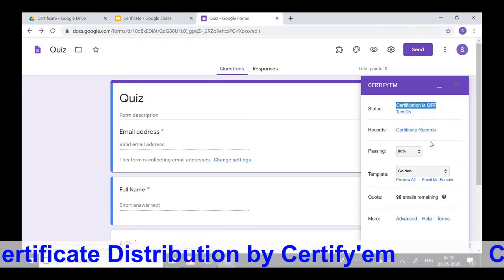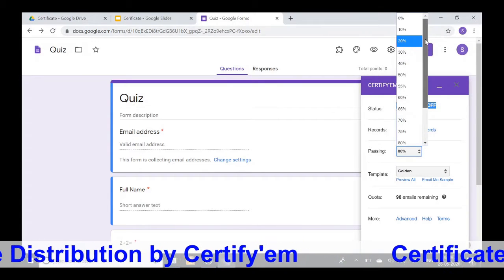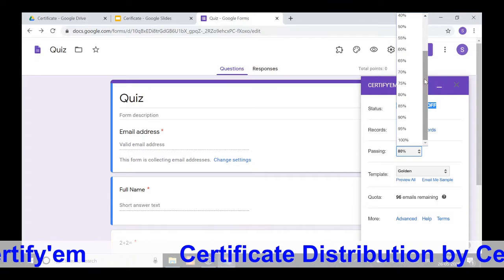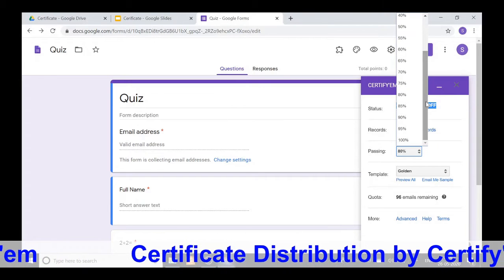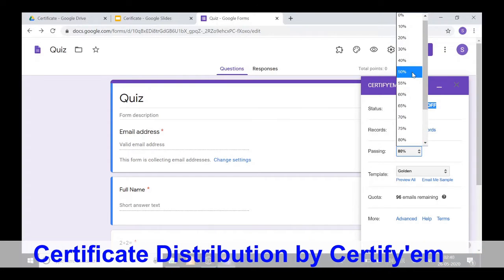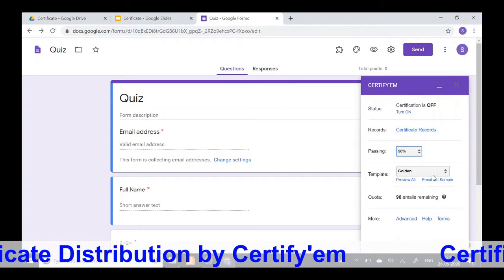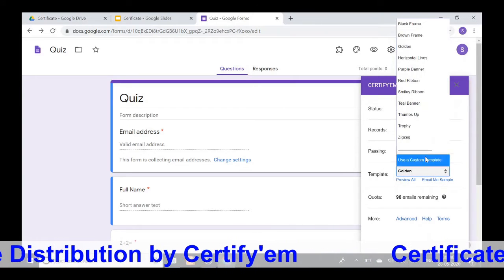This shows the certificate record. This is the passing criteria. You can set the passing criteria from 0% to 100%. I am taking here 50%. Now here is the template.